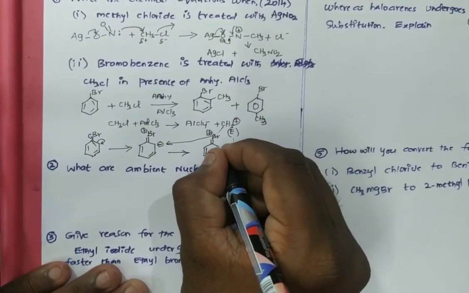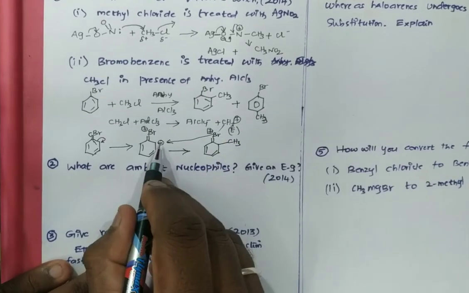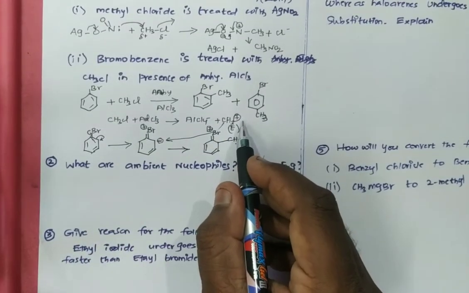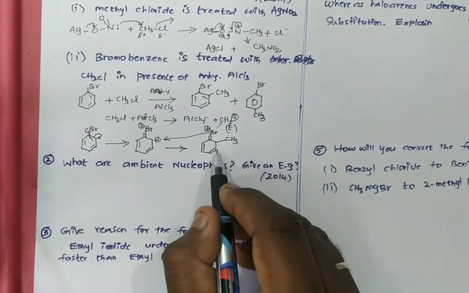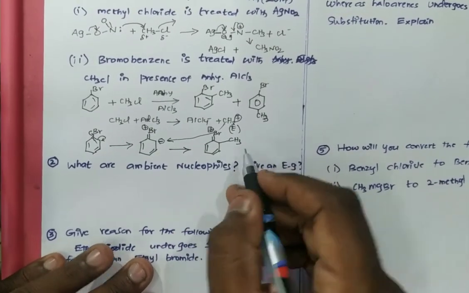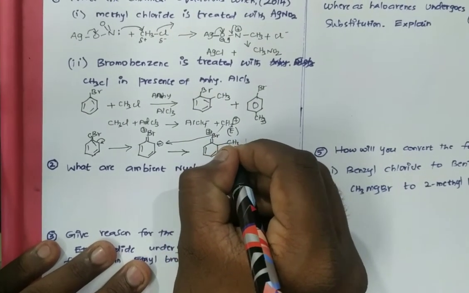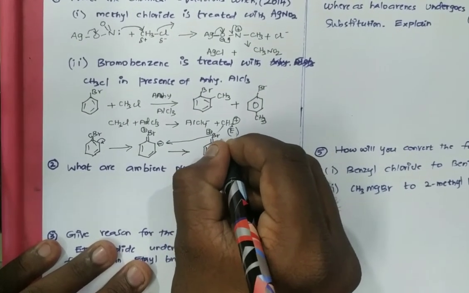Now the electrophile will come and attack to form CH3, because it has a negative charge and it has a positive charge. Because of that, one bond is formed, and CH3 is there. But aromaticity is not maintained here. Now the aromaticity will be maintained because, once CH3 comes,